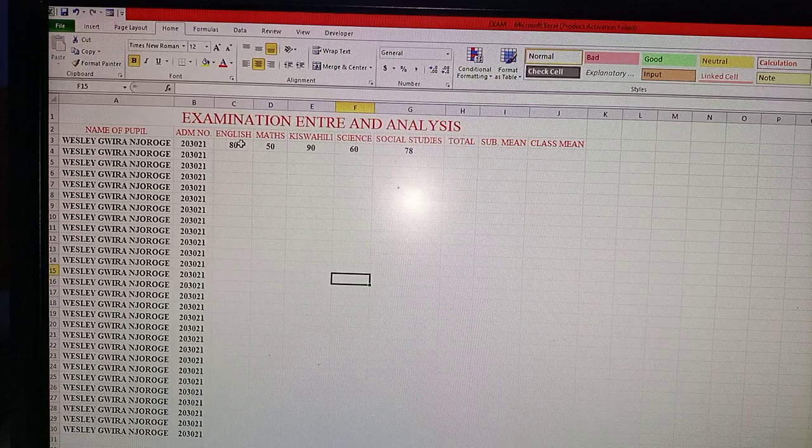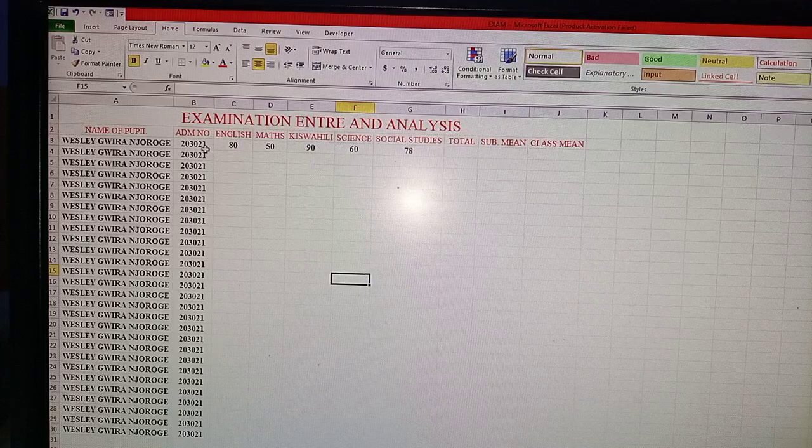Today we want to go through how to calculate a total. It can be a total sum of money or marks. Now in this situation, let's assume that we are in primary school and we want to calculate the total number of marks students score using a formula in Excel to make work easy, so that we avoid the bulky work or the paperwork. We are going to check on the total and also get the subject mean, the class mean, and as well we'll go as far as getting the positioning, the position of